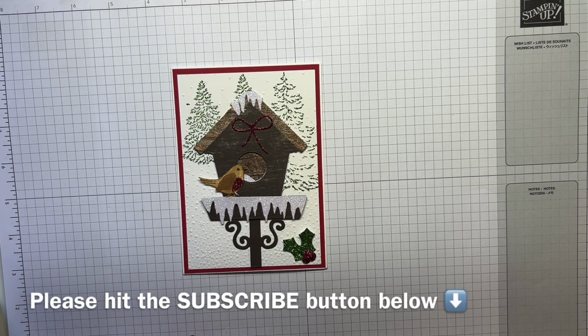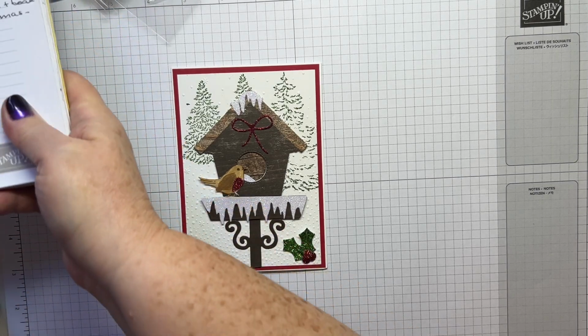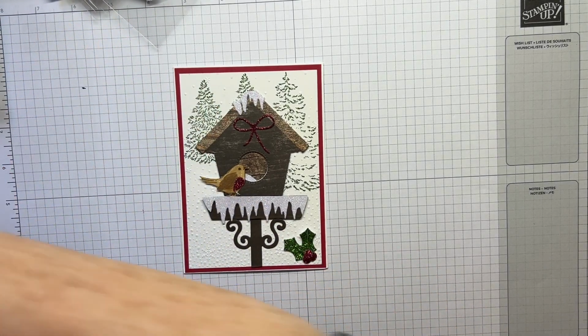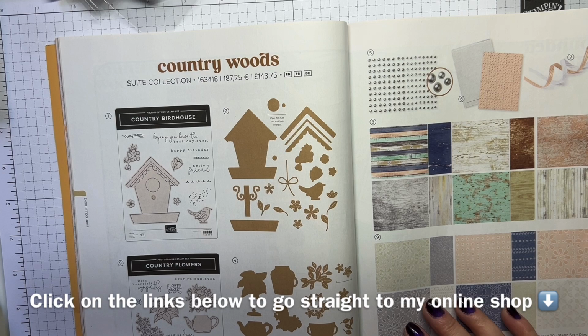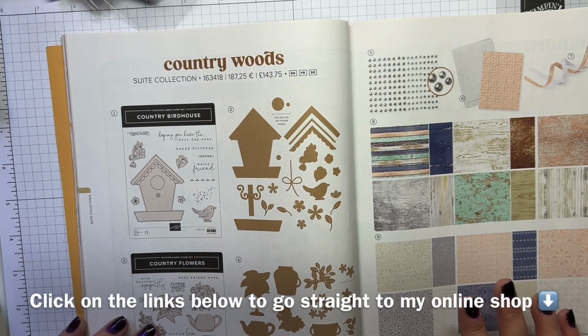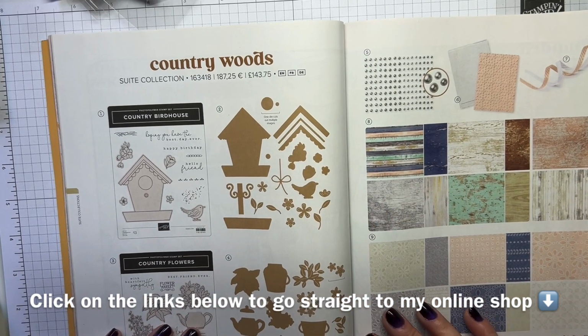Today I'm going to show you how to make this really cute little Robin Birdhouse Christmas card. Okay, so I'm just getting my notes here so I can see what I used. I've used the Country Woods Suite from the main catalogue, and my inspiration came from my upline Liz Shannon. Thank you for the idea, Liz. I changed it up a little bit from her original, but it was a very cute idea to use the